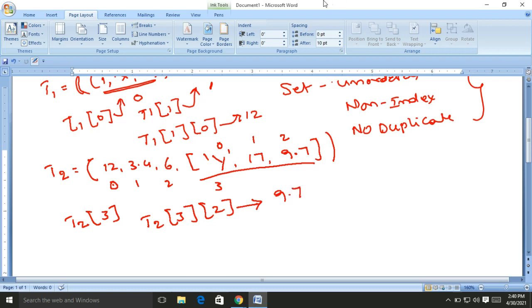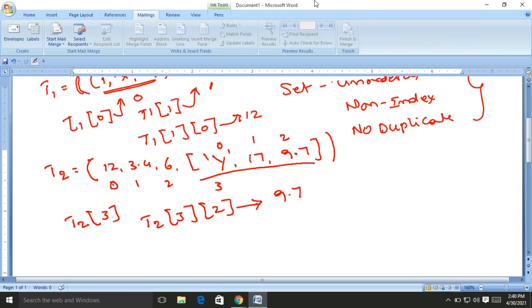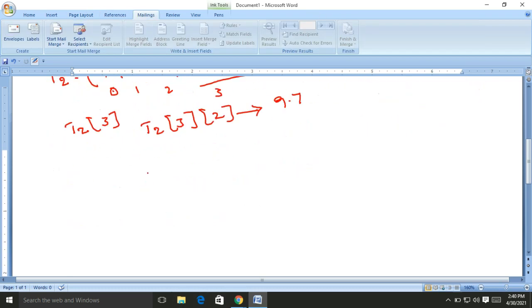In the same way, it is possible to nest sets also.